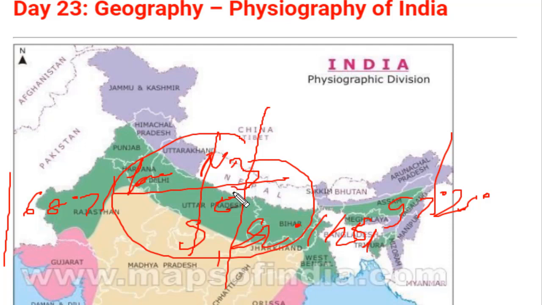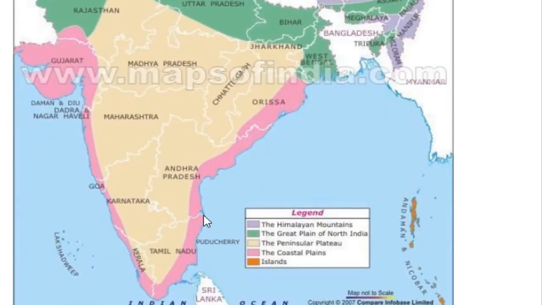Now there are certain more things that we need to know, like the topmost part of the country in the northern zone. The northernmost point of the country is Indira Col, and the southernmost part of the country is Indira Point, which lies somewhere in Andaman and Nicobar Islands, and which was submerged in 2004. In 2004, there was a tsunami, and in that tsunami, this Indira Point, which is the lowest point in the southern zone, submerged. So you can see somewhere it is here. It was the southern point. Sorry, Indira Point.